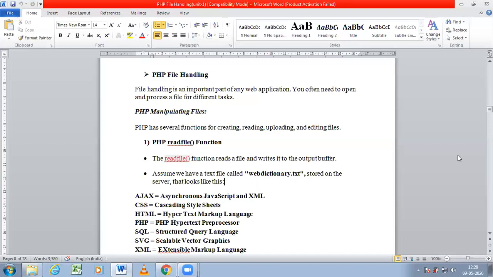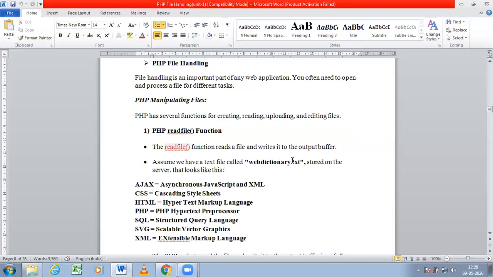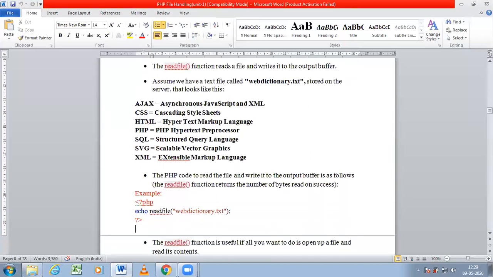Just by observing the extension of that file, we can say what type of file it is. Here is one simple example I wrote: web dictionary .txt. This means the file is a text file. After knowing about the particular file, we can go with the functions now.